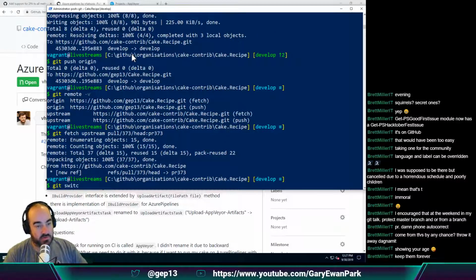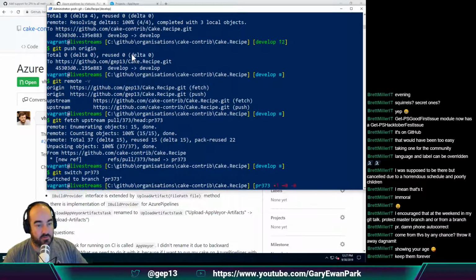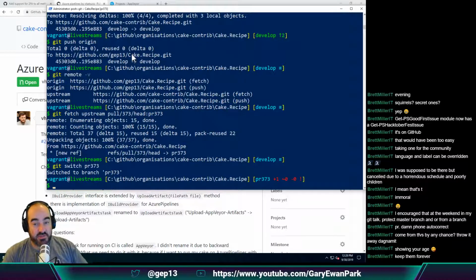So then I'm going to try and get this under my fingers, which is git switch, which is PR for... oh, that doesn't have, I need to look into that. That might be a squirrel moment there. PR 373. The potential squirrel moment is that I tried to tab complete the branch name, but the git switch command doesn't have that option. I'm wondering whether a newer version of PoshGit would have that additional tab completion, because you get that when you do a git checkout, auto tab complete on the branch name, but it wasn't working for the switch command. But anyway,